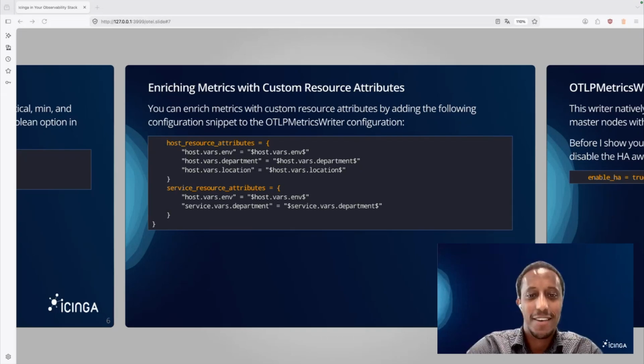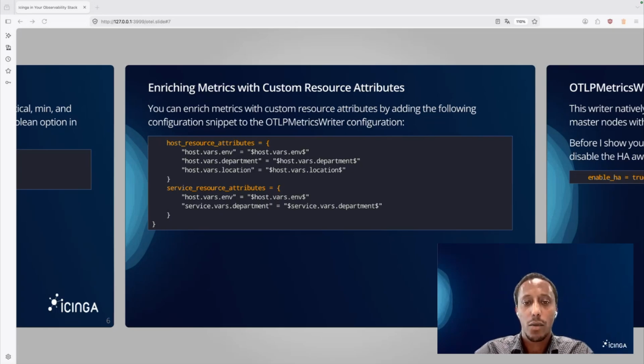If you know what I mean. Host vars, the custom vars, are all optional. If they resolve to something usable, then they will be used. Otherwise, they will be skipped silently. But one thing you have to note about the macros is that currently we only support scalar types, meaning these macros